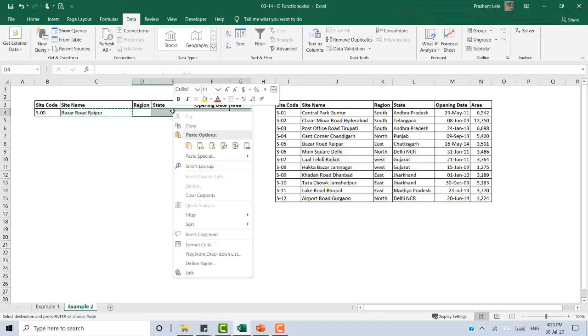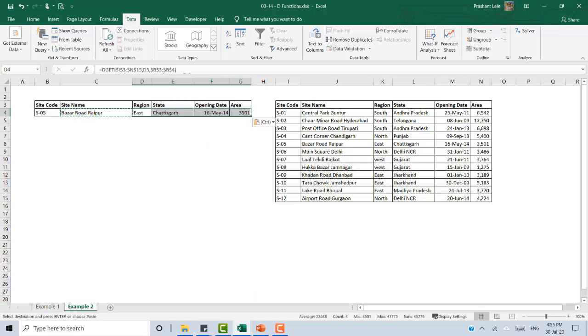Paste formulas. So everything is correct now. Okay, I used the DGET function. Now if I change the site code from here, it will change automatically. Understood?